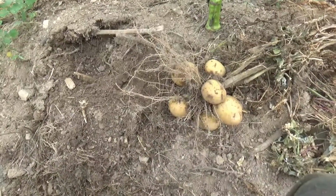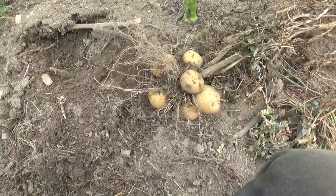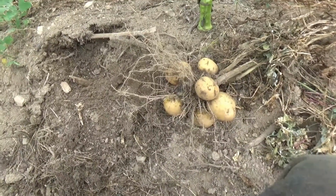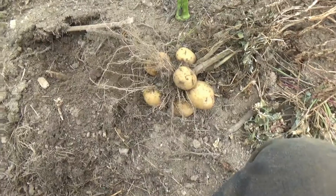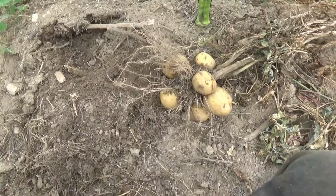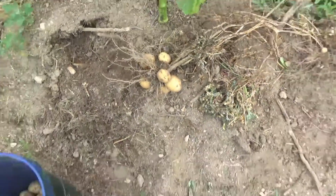So I just want to point out that the high nutrition system, where we're using foliar feeds and no chemicals and no pesticides, and you're constantly trying to build up soil and soil microbiology and all that kind of stuff, can pay off even under extreme insect pressure. Even when you lose the upper part of the plant, you could still come out with a decent potato crop. So I just wanted to make that point